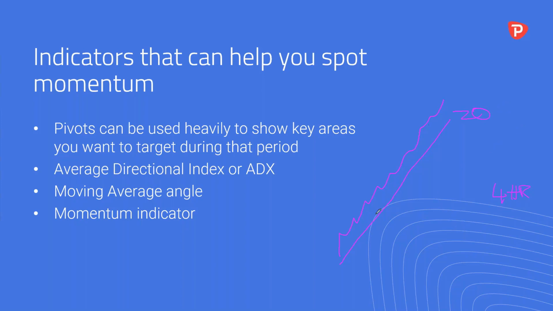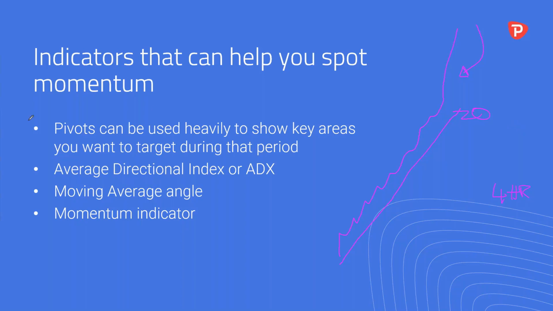So if price is accelerating away from that, it's giving us a really strong indication that the momentum is very, very strong. But what it also does, and this is what I like about moving averages, is that they also give you the hints that the momentum is starting to wane a little bit, and probably just as importantly, it gives you the entry or the re-entry to join that trend.